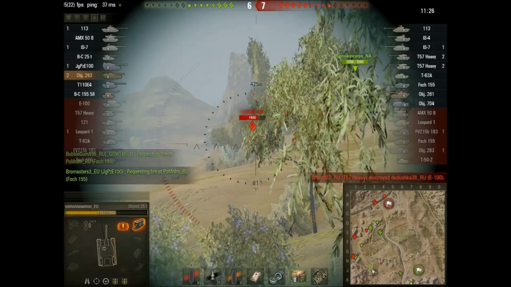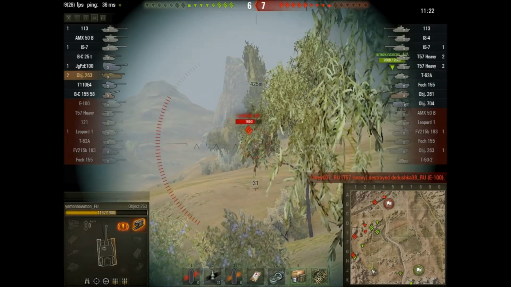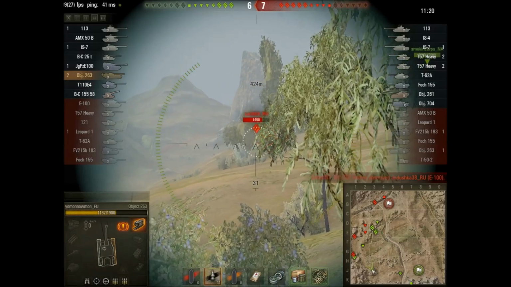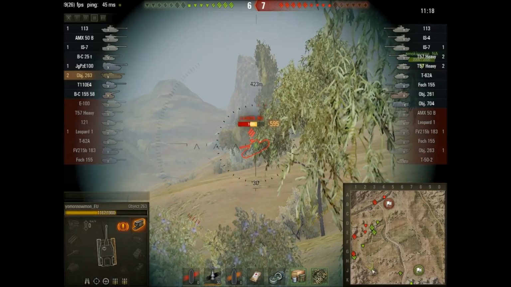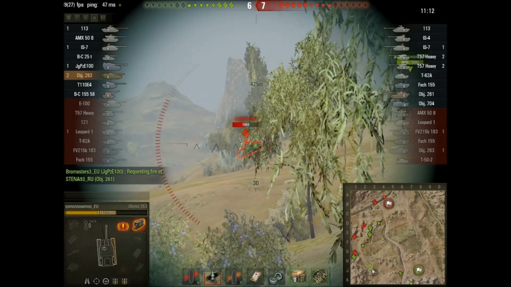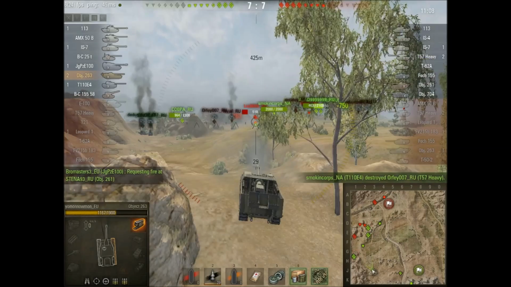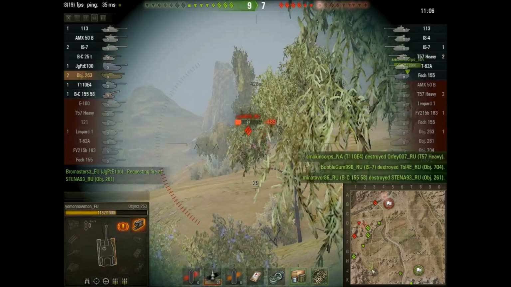650 damage. You see, I've rarely dropped below 550 damage, as you can see, even at fairly large ranges. You know, 424 meters I'm shooting these guys at, and they're shooting me at 425 meters or whatever. And they're just bouncing left, right, and centre, but I'm not. It could be because I'm using APCR. I really don't know, and I'm not too bothered. But